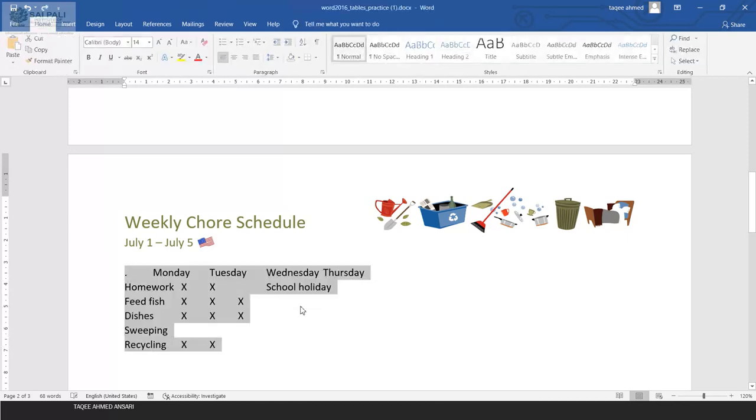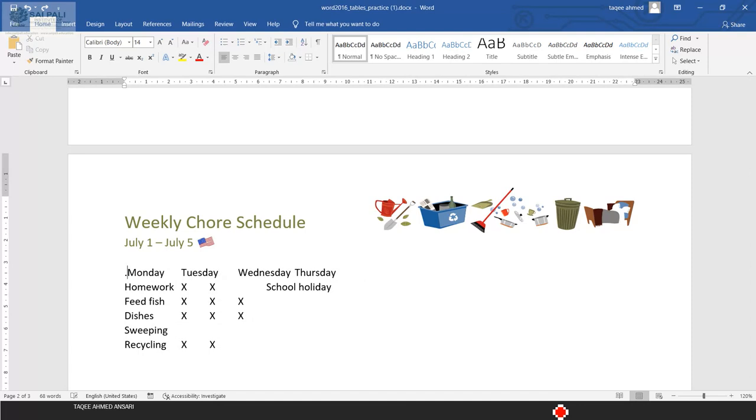Let's say my data will be separated by comma. Now I will remove the tab and then I will put commas there.